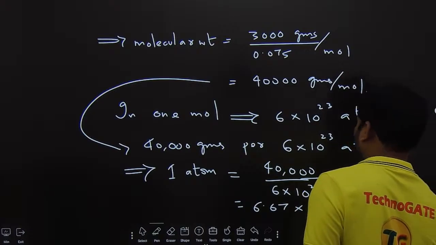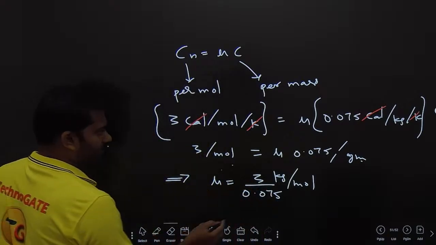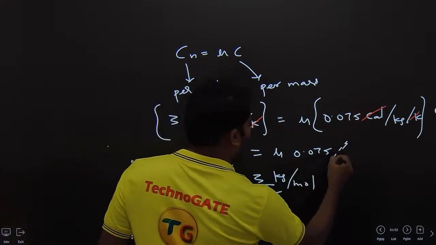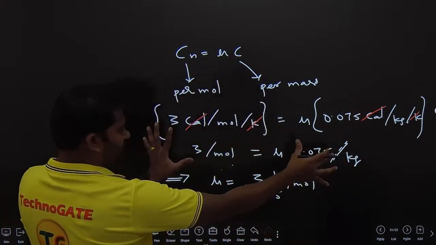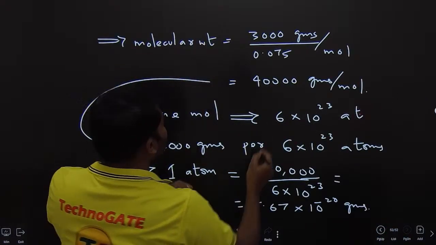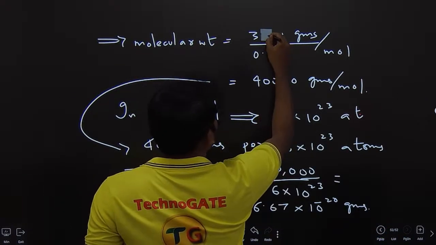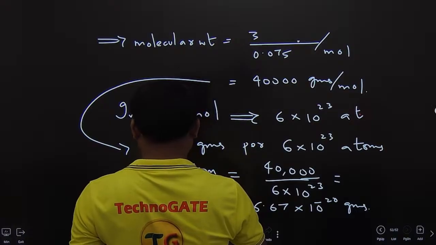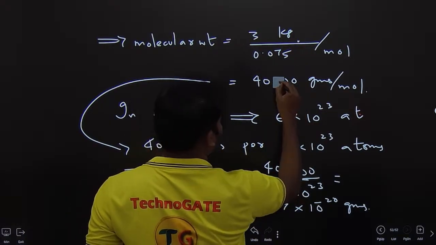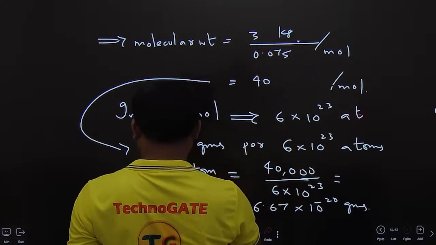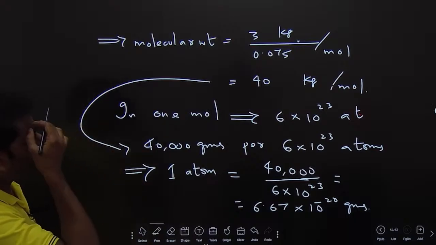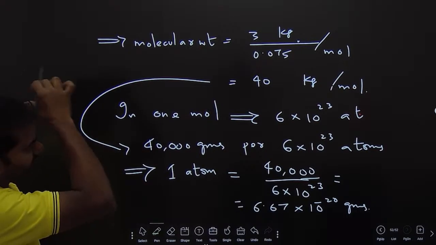Okay, I got it, what the mistake is. When it is already given in kg, why would we need to do it like this? It's correct only. Everything is in SI units only. You should take it like this only. Molecular weight is coming out to be 3 kg by 0.075, so these 3 zeros have gone. Let us go in this way only. It comes to 40 kg per mole.